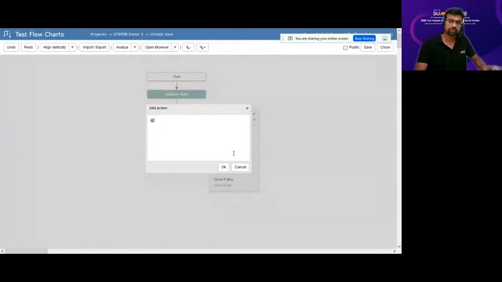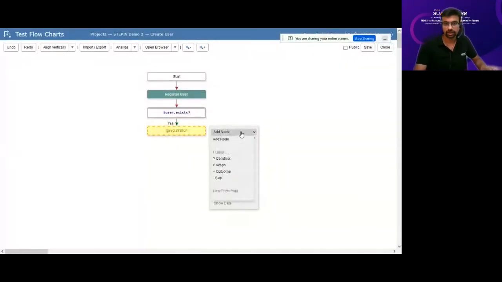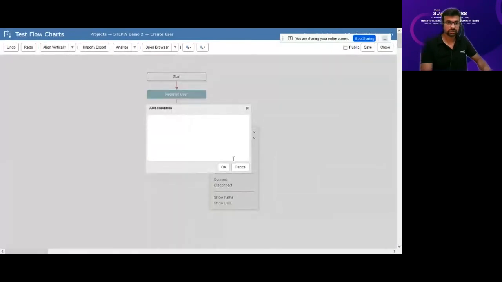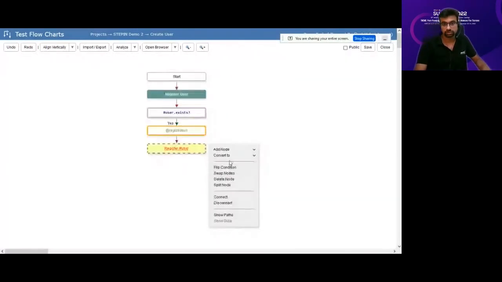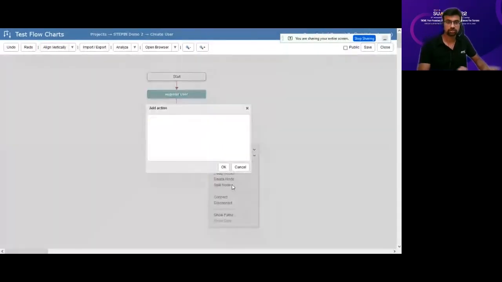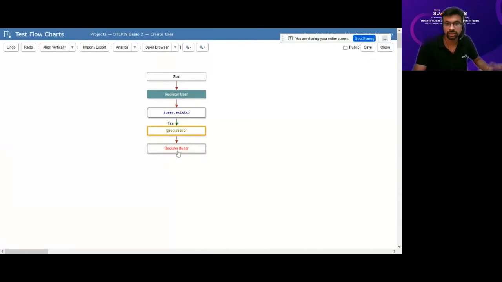So I'm actually saying, you know what, I should be on the registration screen. I say that, okay, I should be on the registration screen, and the condition could be that, then register as user. It will be an outcome. Okay, so it didn't like that I put it in a condition, so it's saying that there is a problem, so I'll just convert it to action because it's not a condition.